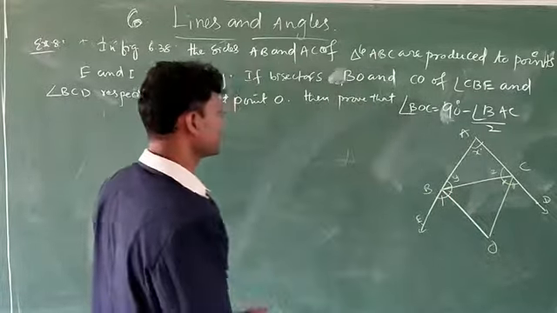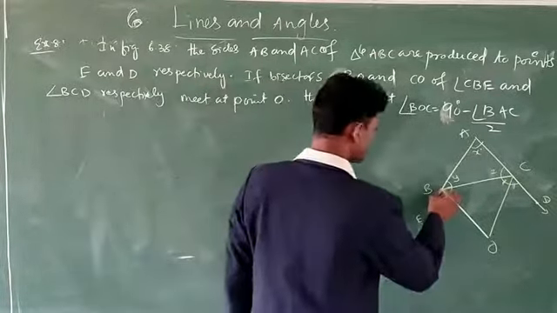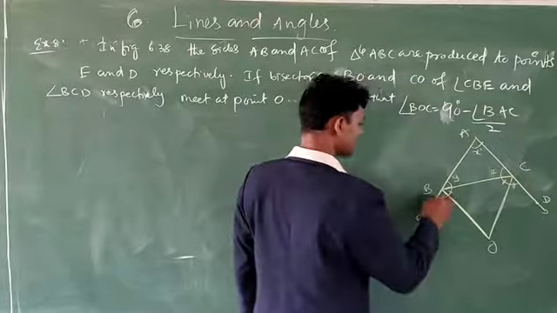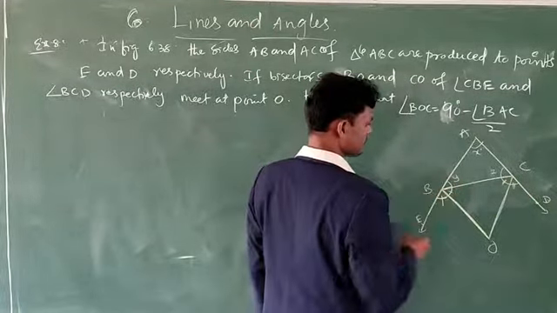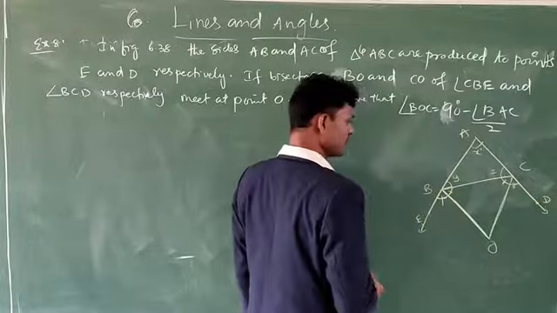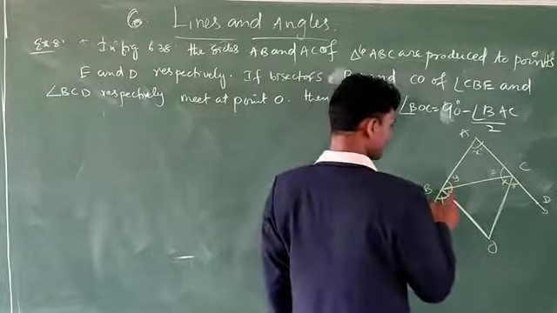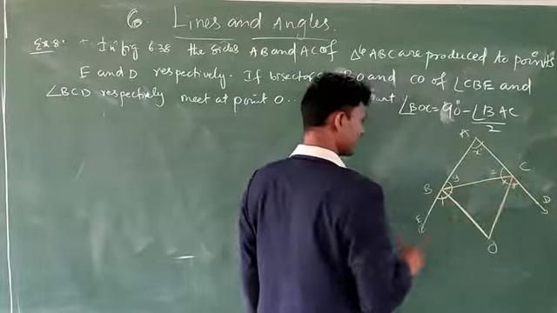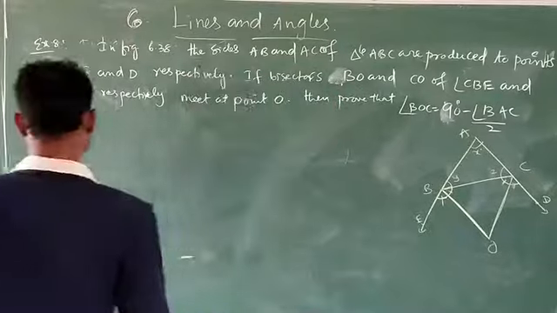So here this is also very easy. First, you have to take that BO is the bisector and CO is the bisector. Bisector means this angle is equal to this angle, and also this angle is equal to this angle. Now first you have to do the sum of the three angles in triangle BOC: angle B plus angle C plus angle O. Then we will prove it. Then see here.